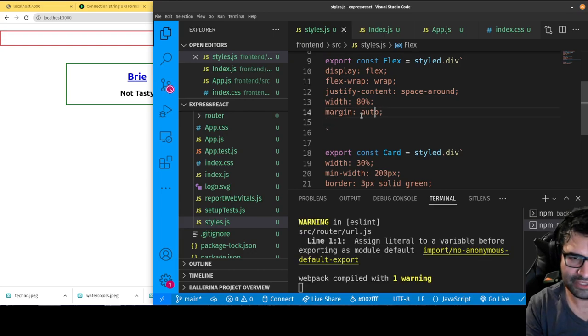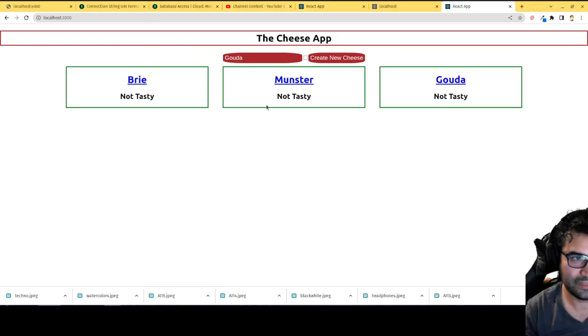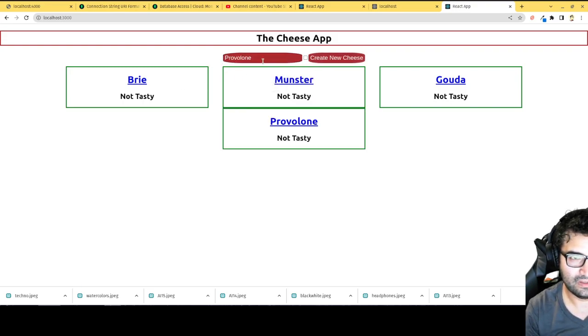Oh no, I wanted margin because I want to separate it from the other elements. So it's 10 pixels auto. That should give it a little bit of space. Good. That put in some space. Okay, and then again, I can keep adding more cheeses. So we can say provolone, Havarti,